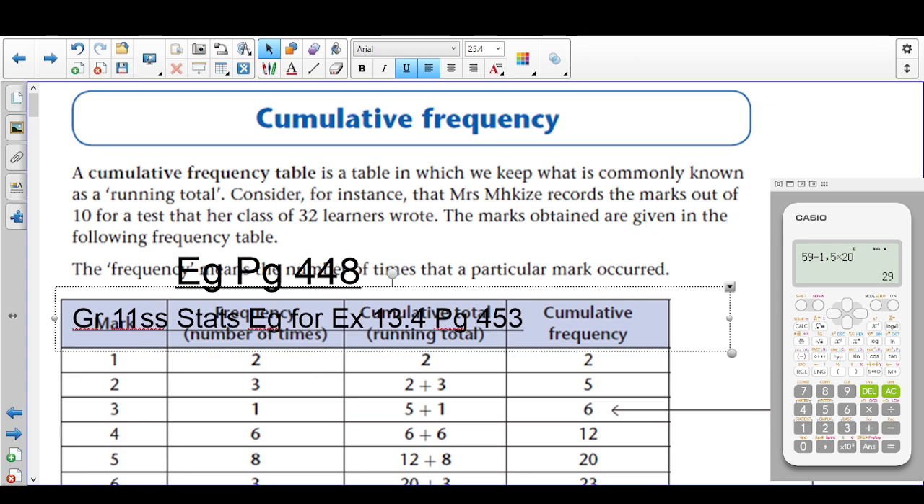Just wait for that call quickly. Alright, so